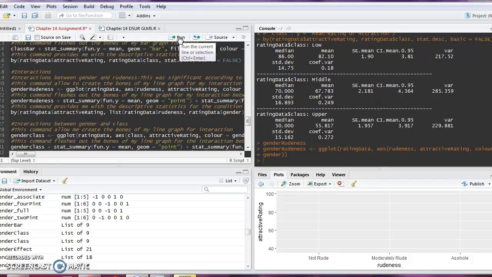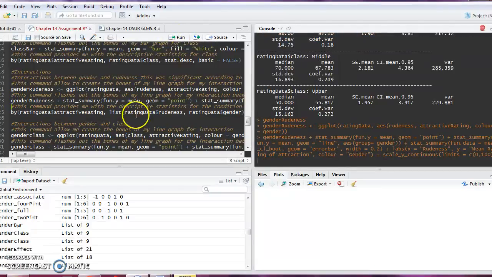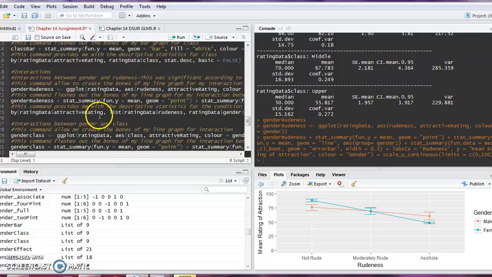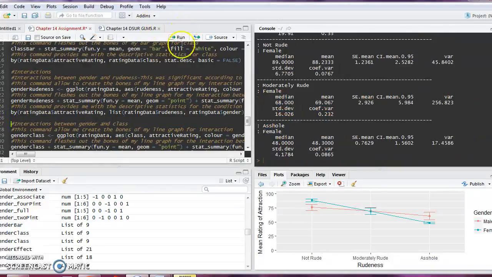So this next command actually fleshes out the bones of my line graph. So then we're going to do that. It'll take a while. So now that we, there it is. So now that we have created our line graph, we also want to get our descriptive stats for this interaction. So I'm going to run this particular function to get the